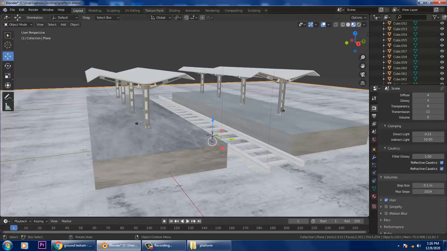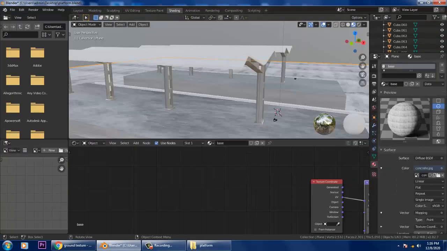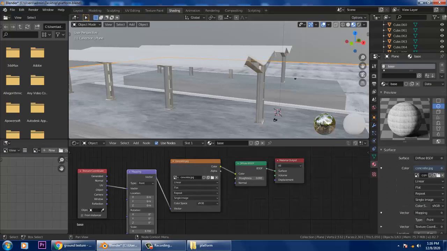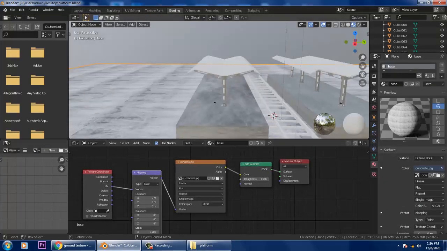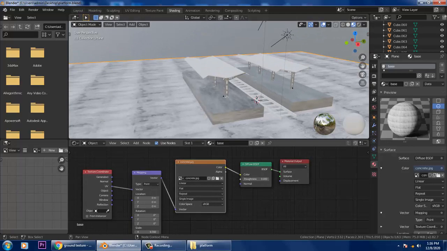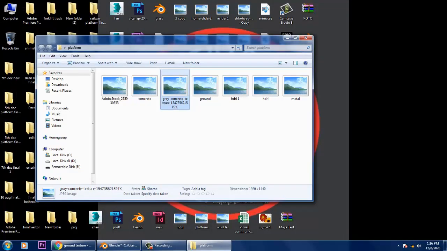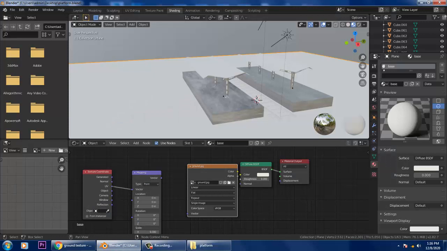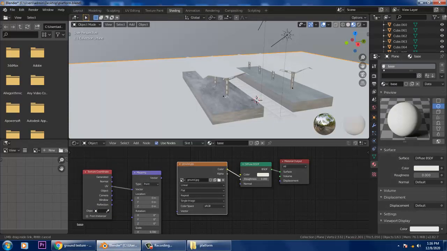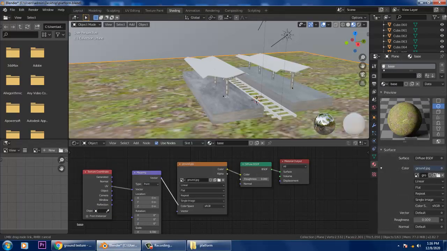So let's again go into this shading part. Let's select this. If you look at this over here, we have assigned this concrete. What we'll be doing is deleting this, and I'll drag and drop this ground texture, and connect it with this.